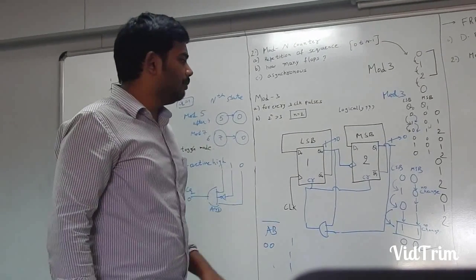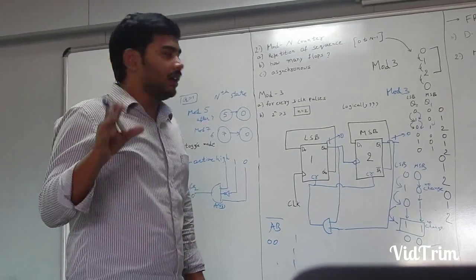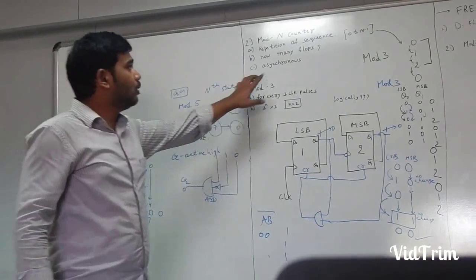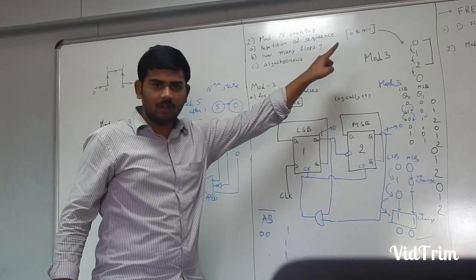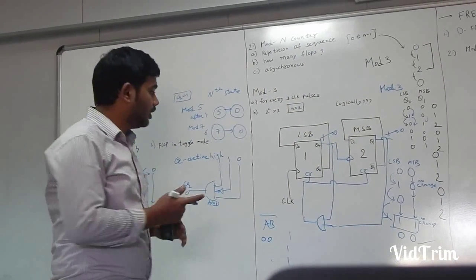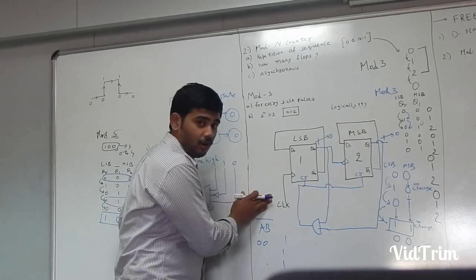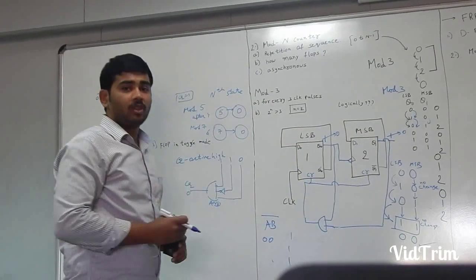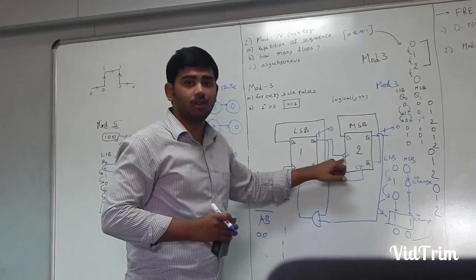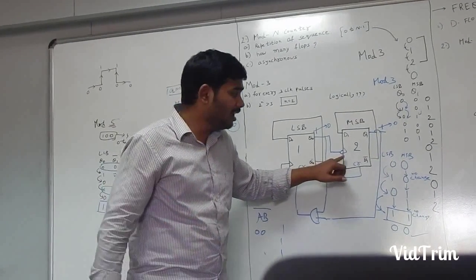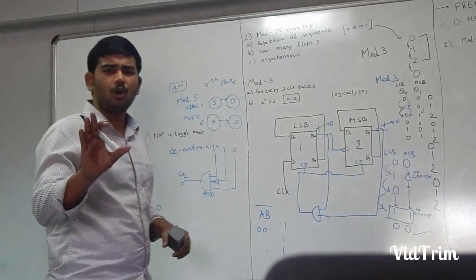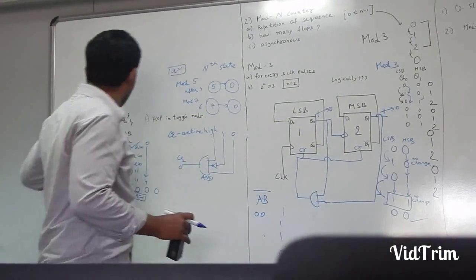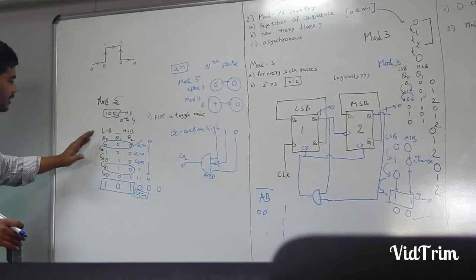So what you should come to know is, okay, now I will be giving the final conclusions. It only counts from 0 to n-1, that's my first conclusion, and it's an asynchronous one. See, only the first flop is getting clocked and the next clock is getting clocked from the previous output. And again, don't get confused in giving positive edge or negative edge. Like I explained, you just go by the truth table. You just clearly mention it. What is my MSB? What is my LSB? It is toggling.